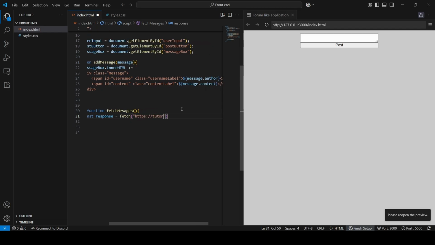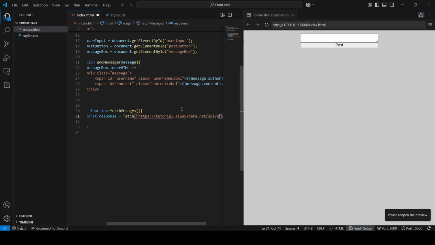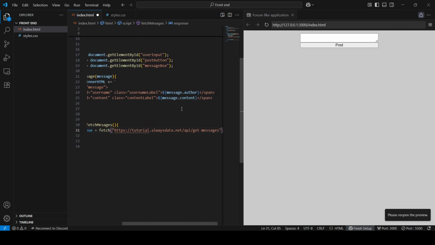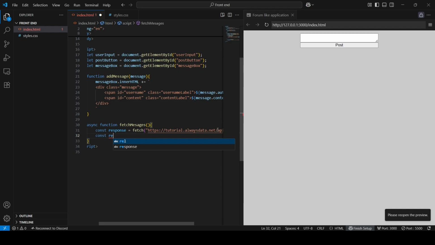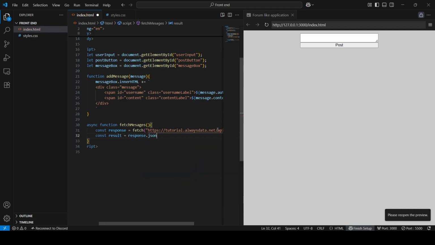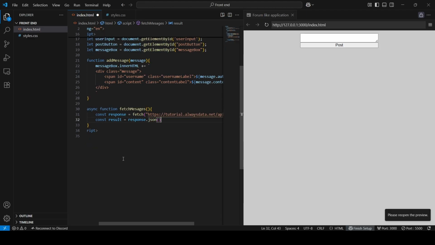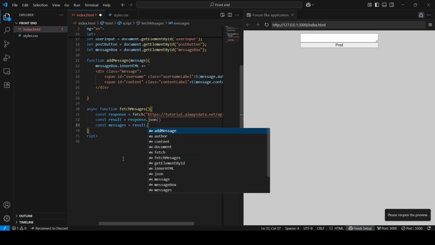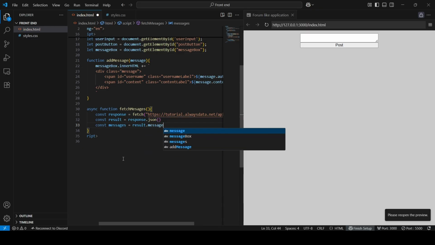So we want to access the route we did before, which was get messages, if you remember correctly, and const result, response JSON,